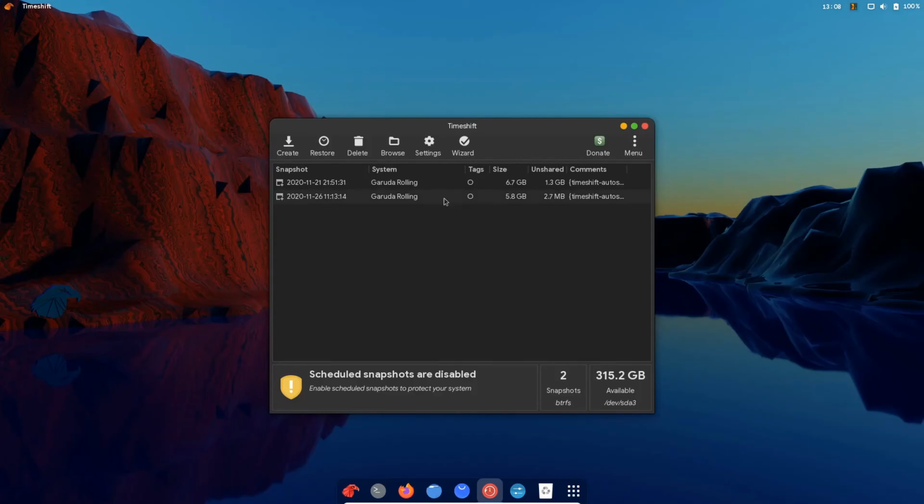Now as we can see, there are only two snapshots: of the first installation and of the latest installation. Now here under tags we can see it's tagged as O, which means on demand. So this is how we can maintain the